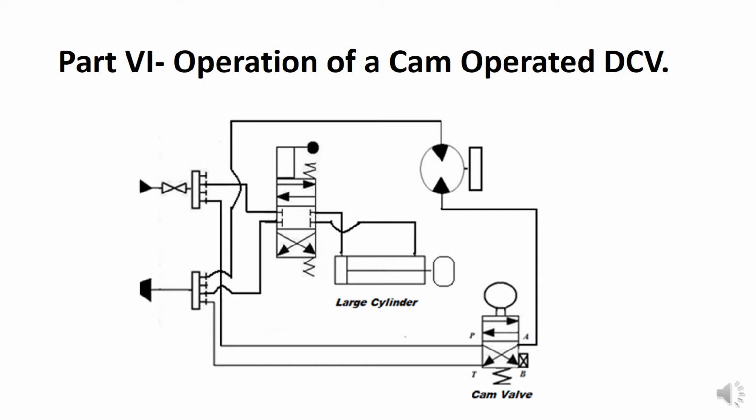This is a simple operational sequencing circuit. The manual valve controls the double-acting cylinder. The double-acting cylinder in turn will strike the mechanically operated two-position DCV, which in turn sends oil to the motor